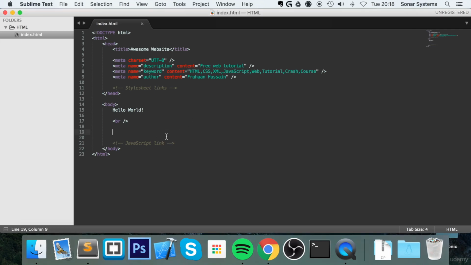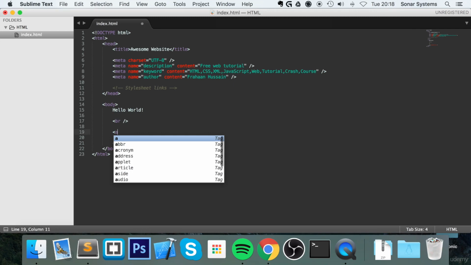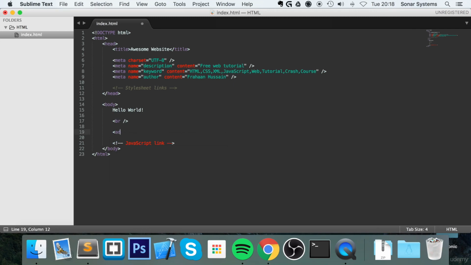So to play an audio file, you simply put an audio tag. Got to spell audio correctly. Just close it off. Inside here, we're just going to put a warning in case the audio file can't be played, or more specifically, if your browser for some reason doesn't support audio files, or this particular audio file I should say. So put whatever you want and put your browser does not support the audio element,